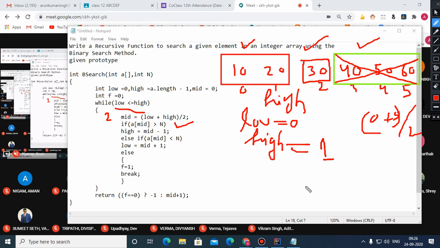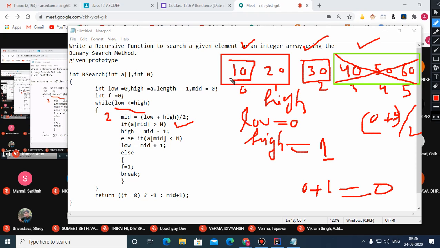Now again, if you try to find out the middle, which is 0 plus 1 by 2, which is 0. 1 by 2 is 0 in integer. That's why it simply means that this is the middle. And if this is the middle and rest of the segment, middle and upper segment, we have already ignored. So there are 2 elements which are now the part of the logical array in which we are searching.